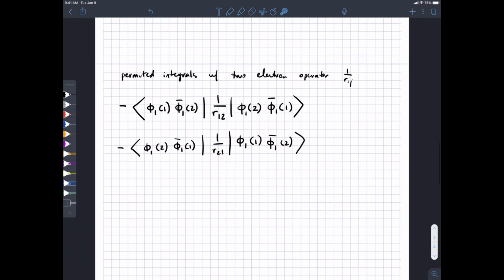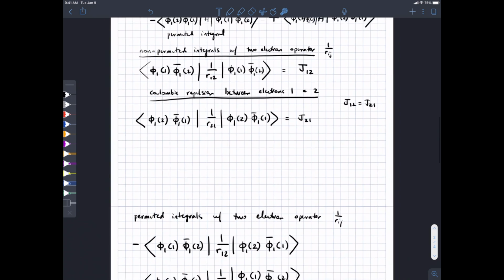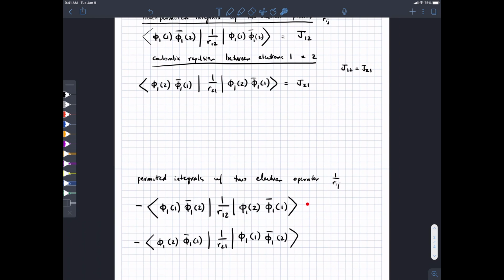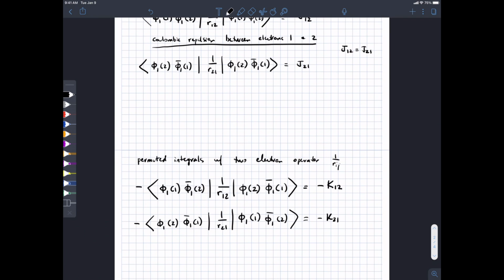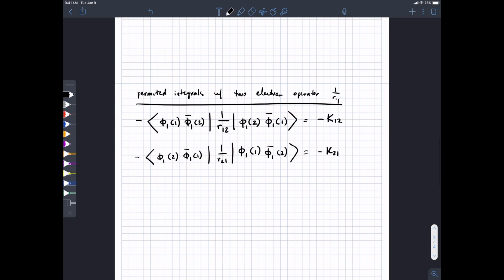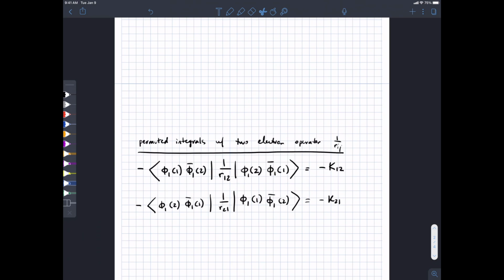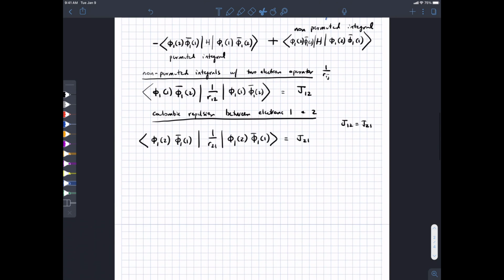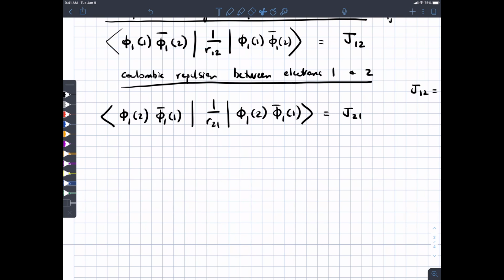So it turns out, if we look at these 2 integrals, the J integral and then this is the K integral, the exchange term, K12, K21, we would expect K12 to equal K21. Spin affects these 2 integrals differently, and we need to think about that. Let me give ourselves a little bit more space by moving this down a little bit. Recall that